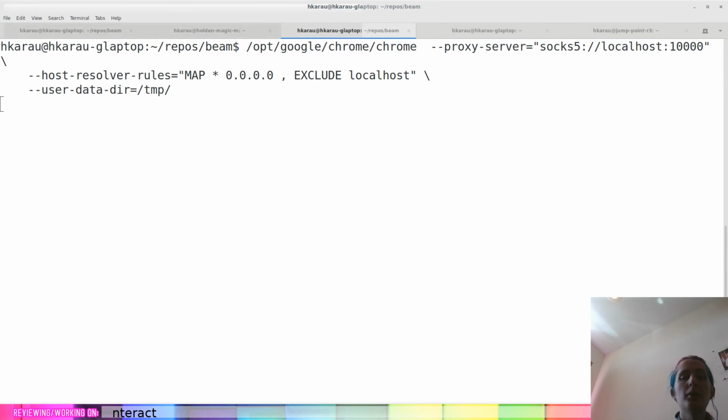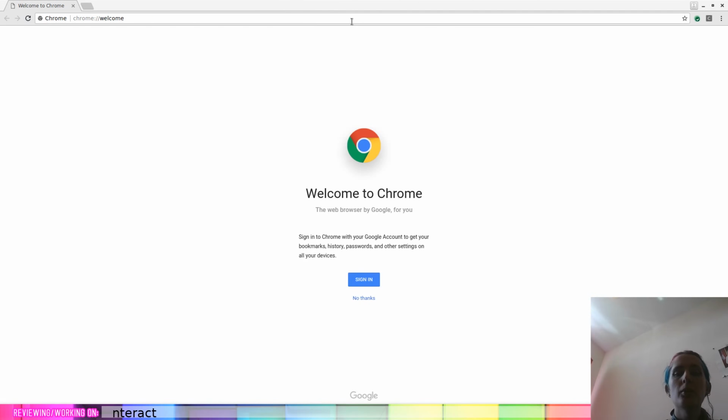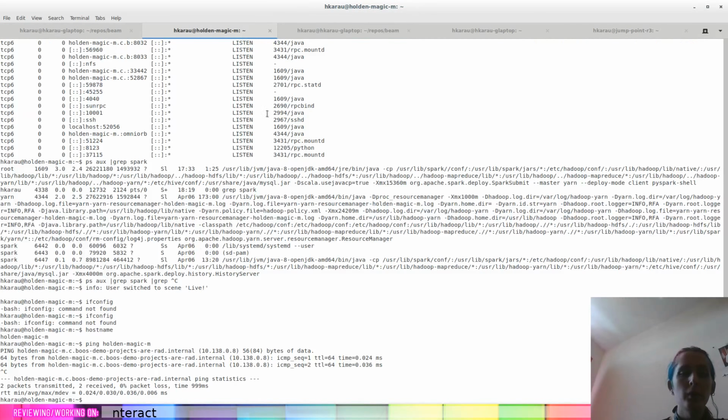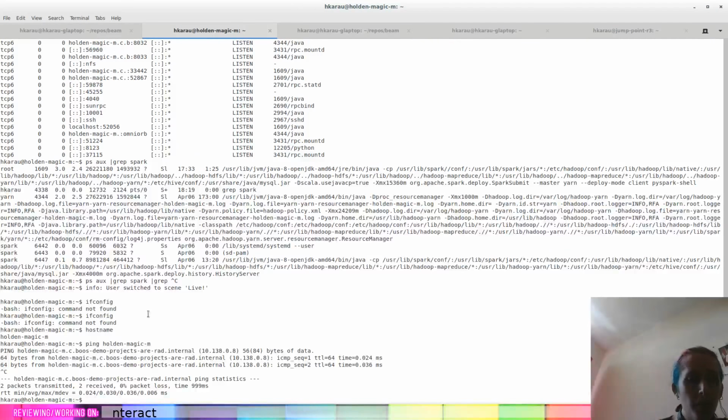We'll hope it works. Yay! So this is now connected to our SOCKS proxy, so it can go ahead and talk to our cluster. Then we're going to go ahead and, that's not a great sign. That being said, let's try.